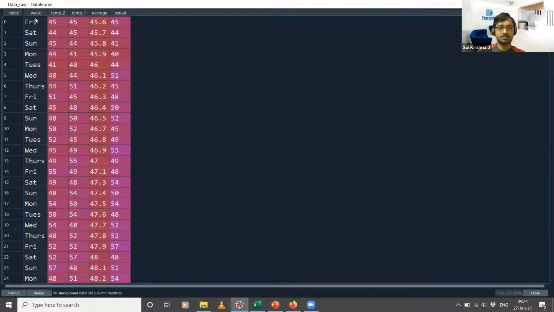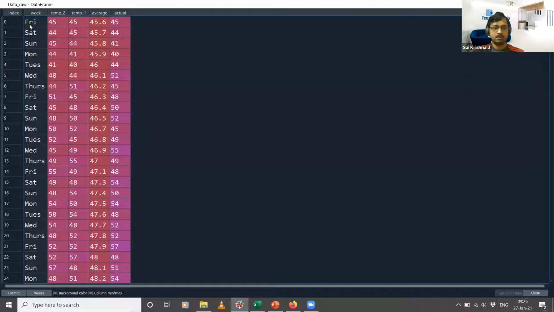So the first column that you have is the weekday of the week. Okay, so Friday, Saturday, Sunday, like that. And the subsequent columns are the temperatures recorded. So this data is basically temperatures in the city of Seattle in the US. This column that you see, 45, this is the actual temperature recorded on this day, Friday. This Friday might correspond to a particular day, so let's say it could be 29th of January 2021, something like that. For the sake of clarity, I have removed those date columns because we are not going to do anything with that date column.